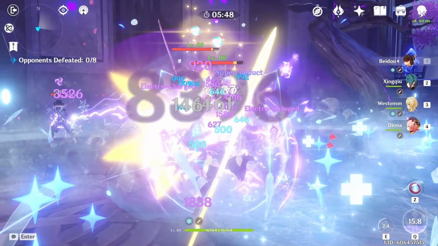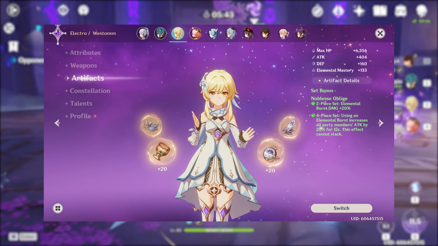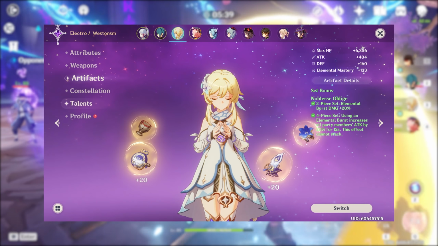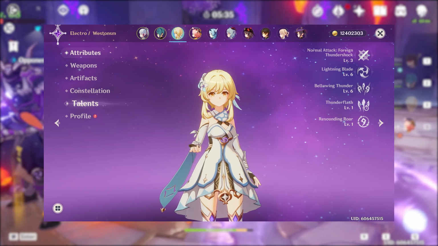While waiting for patch 2.0, I leveled my MC to 80 out of 90 and farmed a Noblesse set so that I can easily swap elements when I want to. I was ready to level the Traveler simply because they're the first quote-unquote new Electro character since release, and I'm